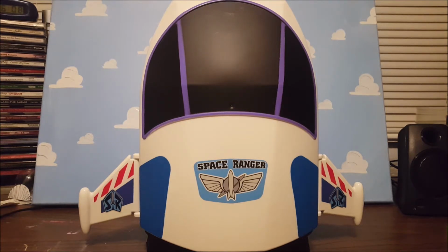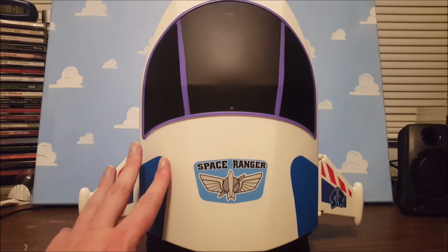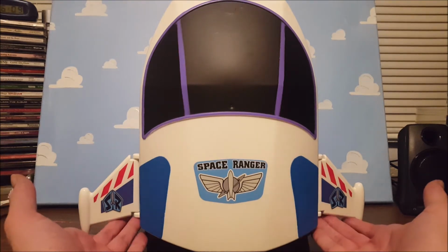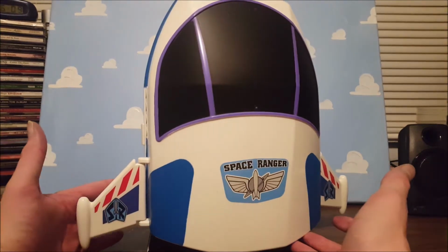This time looking at the Buzz Lightyear playset. This, just like the Woody's Roundup playset, was for a good while a Disney World exclusive toy. I think now though you can purchase them at shopdisney.com, but I still haven't ever seen them in any local Disney stores, at least in my area. This one I do also believe retails for $40, although you may be able to find it cheaper, maybe through eBay. And just like the Woody's Roundup one, it is a playset that unfolds, and this one is based